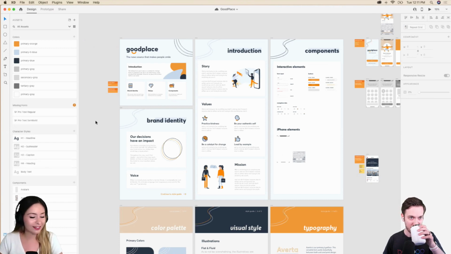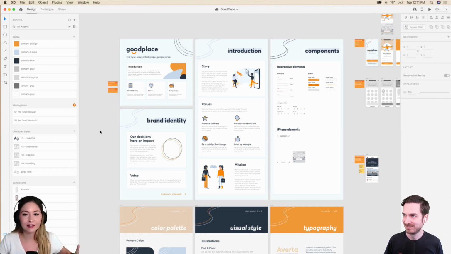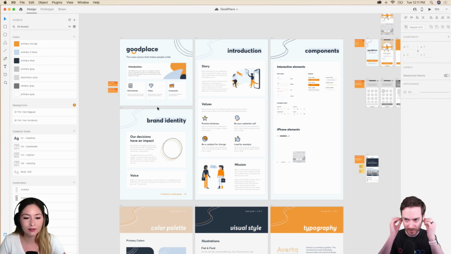Okay, well, I think we can keep the talk going about pumpkin spice lattes and UI accessibility kits. I love it. But let's jump into the